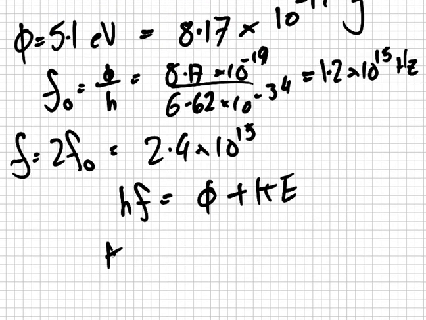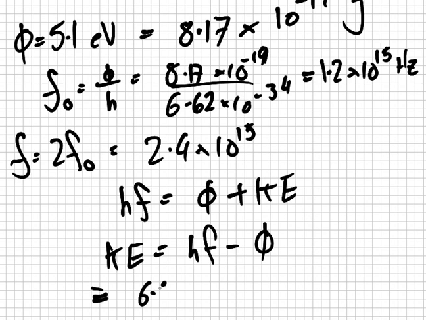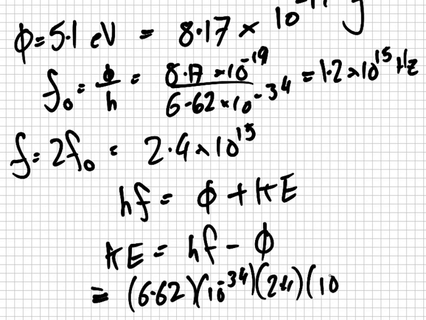So the kinetic energy would equal this. So that would be, I would have to do 6.62 times 10 to the minus 34 times 2.4 times 10 to the 15